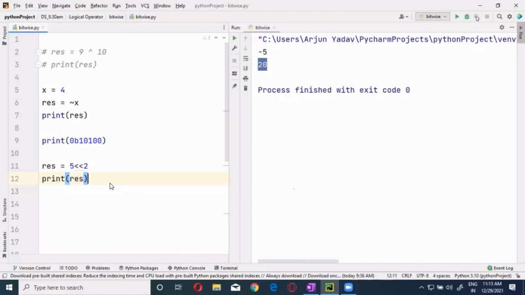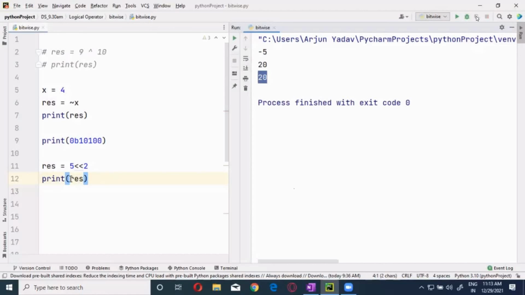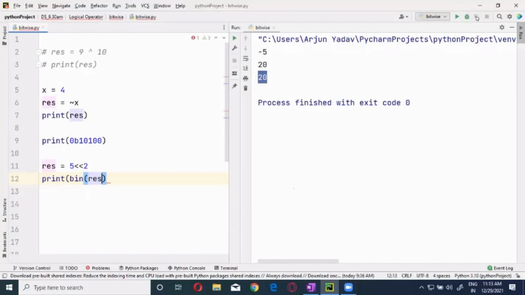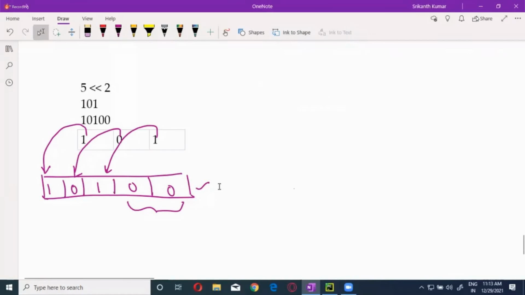Now, if you are going to do this, save. Now you want to convert this 20 into bin of 20. You do this and you're going to get 10100. 10100. That's what we got over here. Okay. If you take any one, also you will face the same problem.